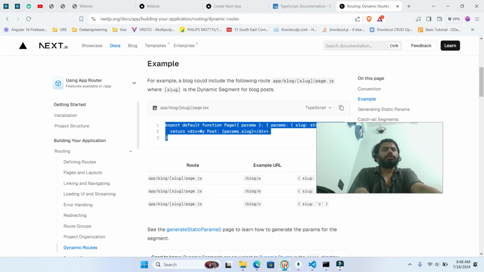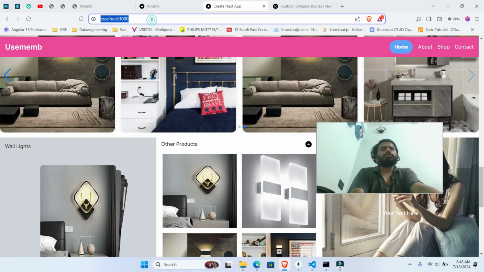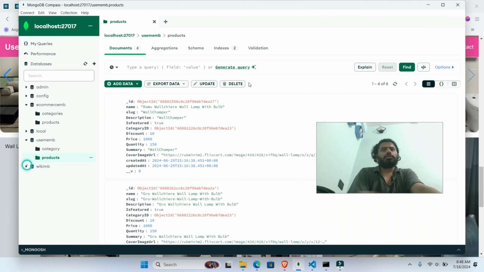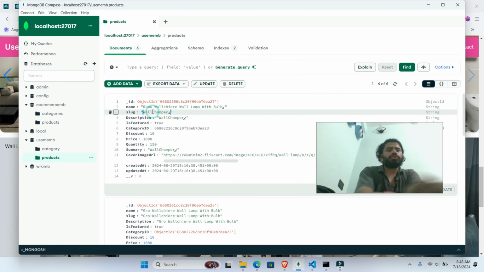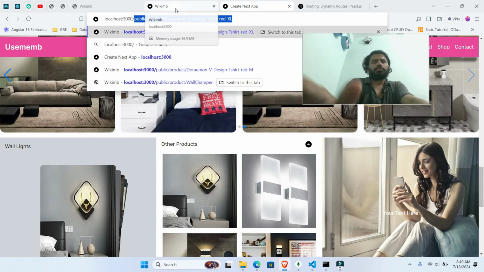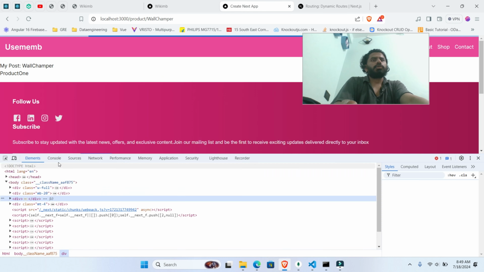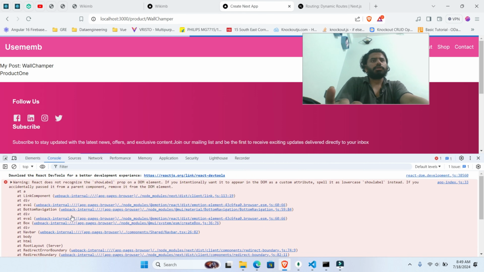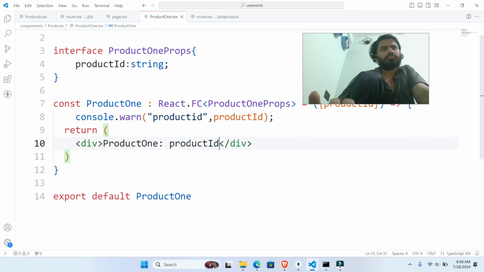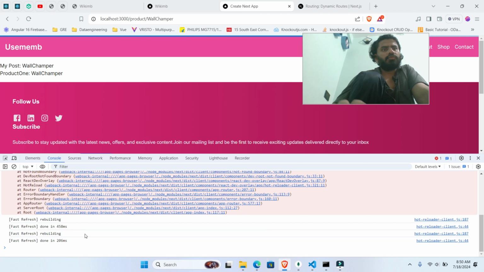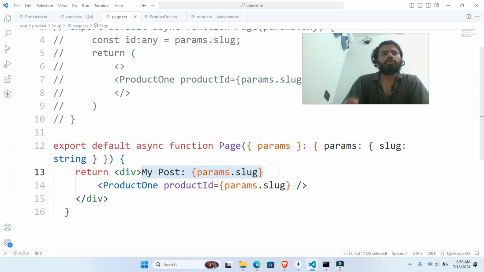Now let's do one thing. Let me go here and see if I'm able to run the application or not. This is the product. I have some products. Let me see what products I have. Let me copy one of the slugs. This wall jumper. Yeah, product branch wall jumper. My post product one is coming, and I should get an error, but in the console I should get the product. I'm not getting the ID, guys. But this console one is not coming at my post, so I can remove it, params.slug, and instead of div